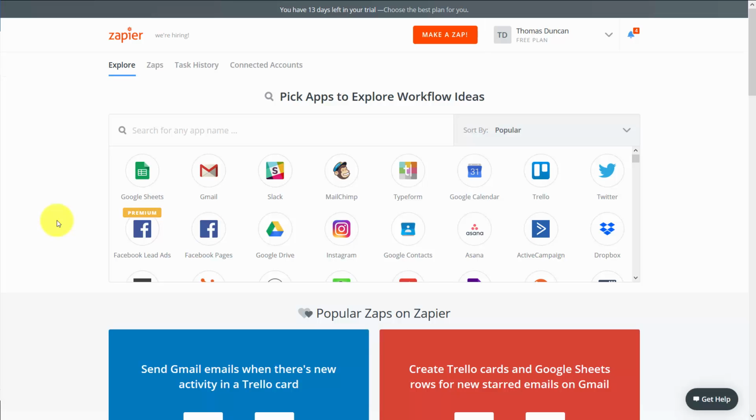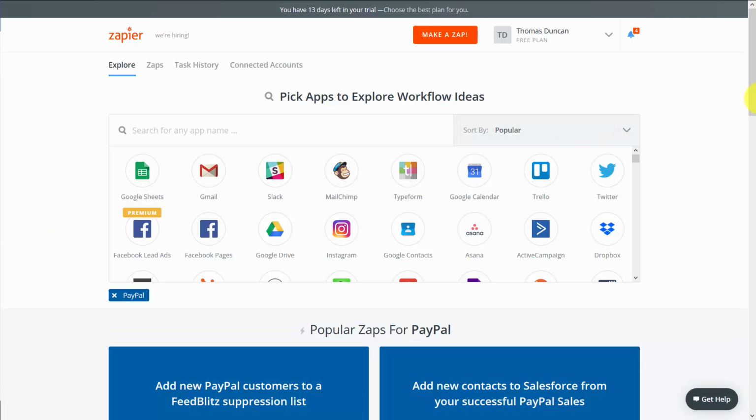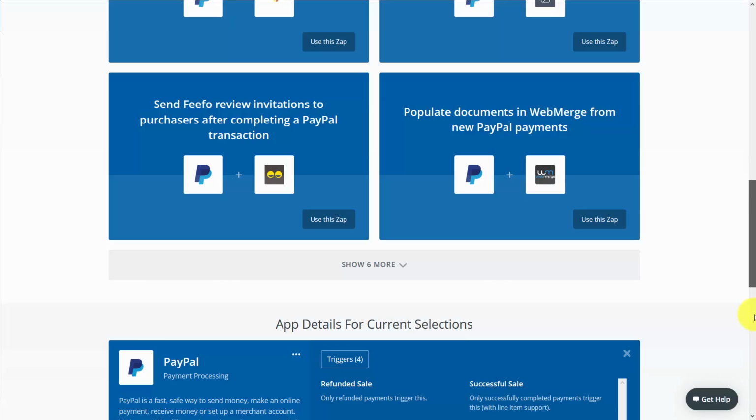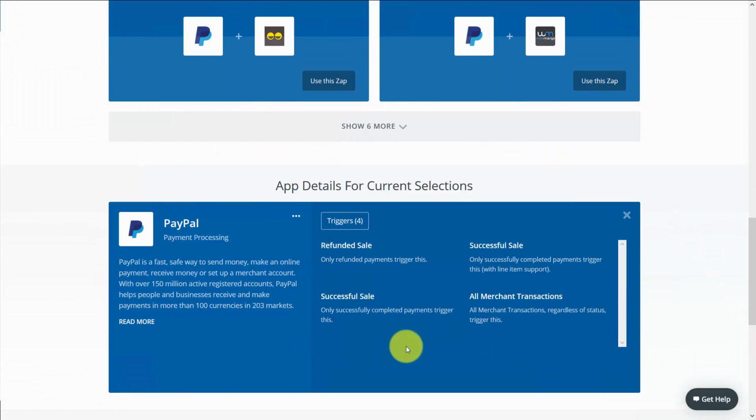Welcome back. Now in this video, we're going to take a look at PayPal, which is a popular payment and merchant system. And when we select for PayPal and scroll down to the app details, what you'll notice is that PayPal only has triggers. So that something happens on PayPal, we can then have some kind of integration or automation